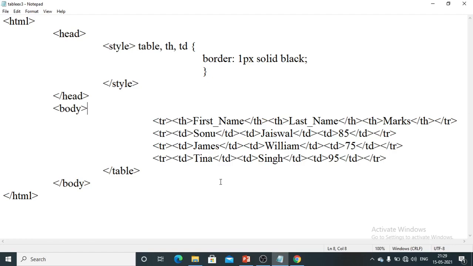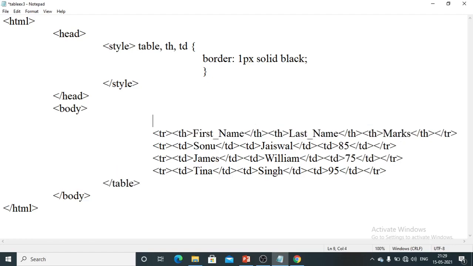Okay, see guys, what is the mistake is I have mistakenly deleted the table tag here. So that is what the problem. So Control S, if I press, it will save my text. Then go back to the browser and just refresh. I hope you are getting the output in the same way what we mentioned. Okay, then now